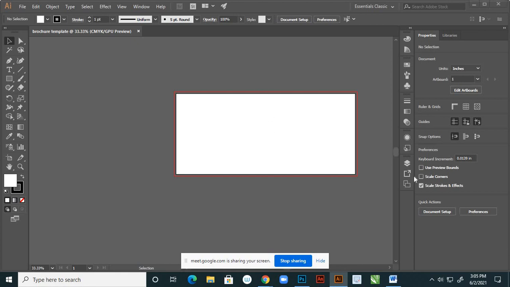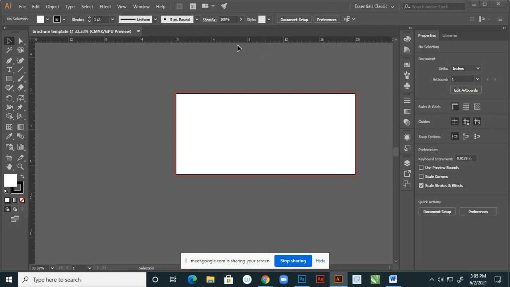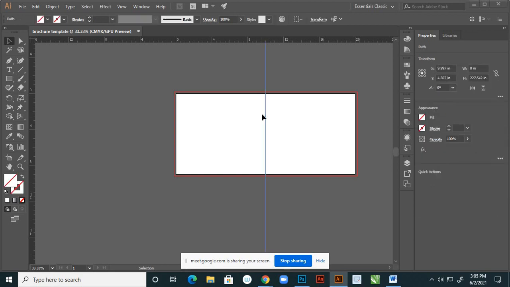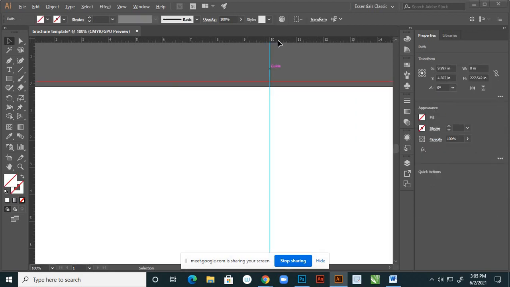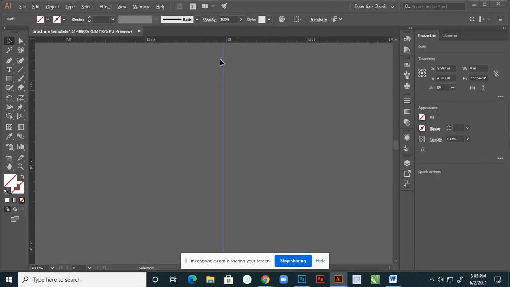So use your rulers. Here it shows 0 to 20 at width, and height 0 to 9, right? So place your ruler, and suppose 20, exactly at 10 I am choosing that.